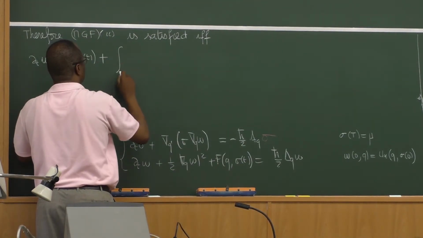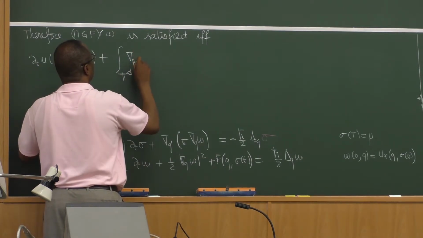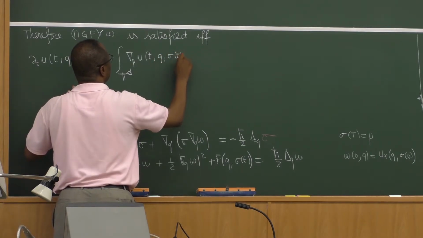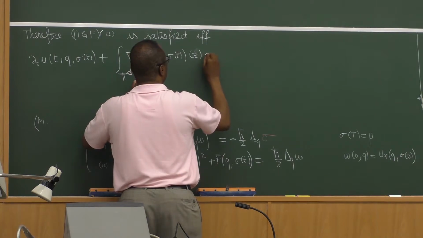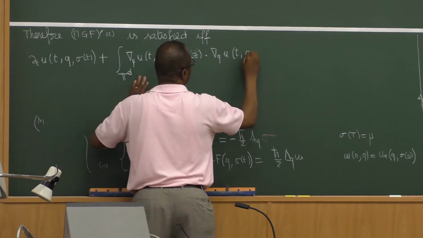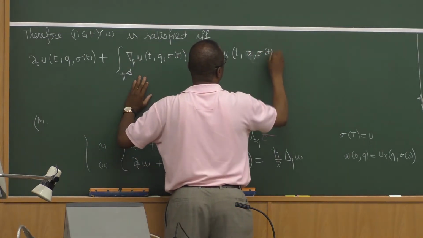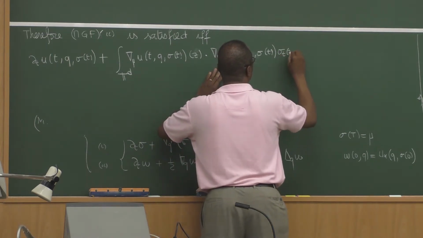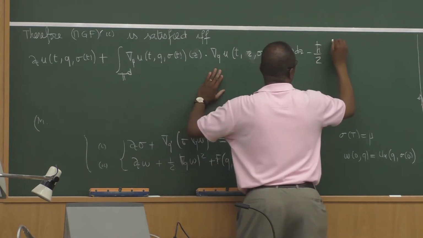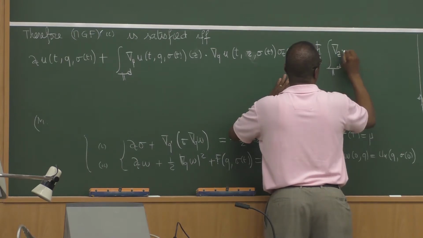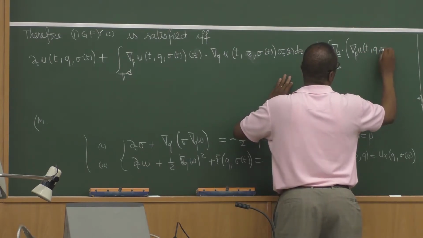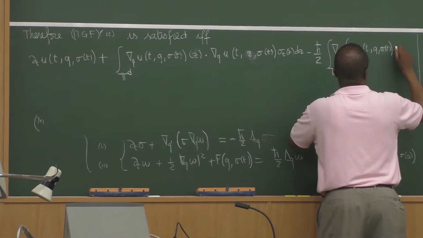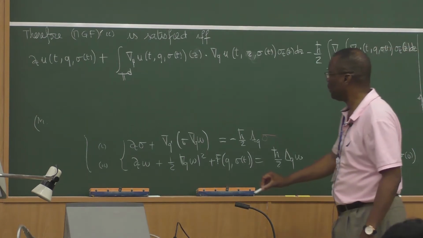This term is plus the integral over CD, gradient mu U of T Q sigma T, inner product gradient Q U of T Z sigma T, sigma T of Z dZ, minus H bar over 2 the integral divergence Z of gradient U T Q sigma T, sigma T of Z dZ. So I have written this,